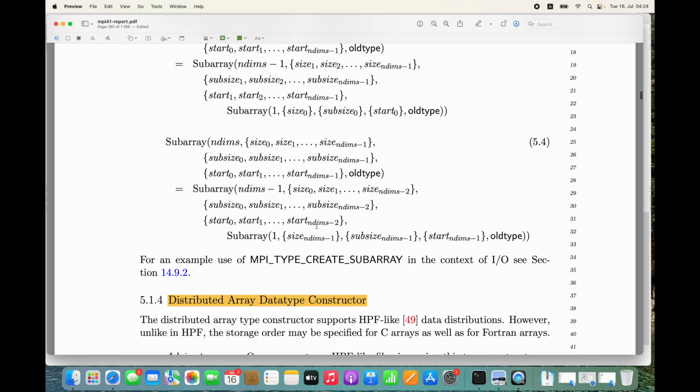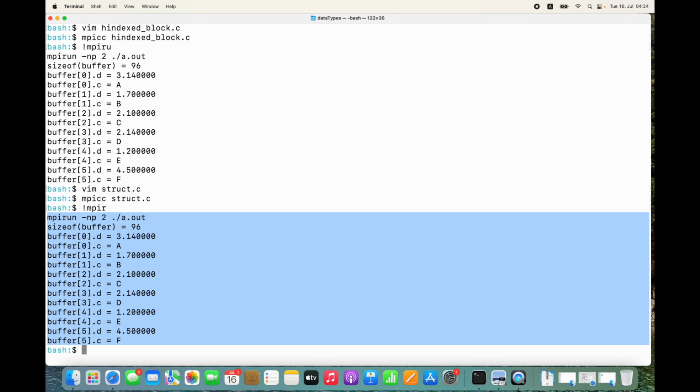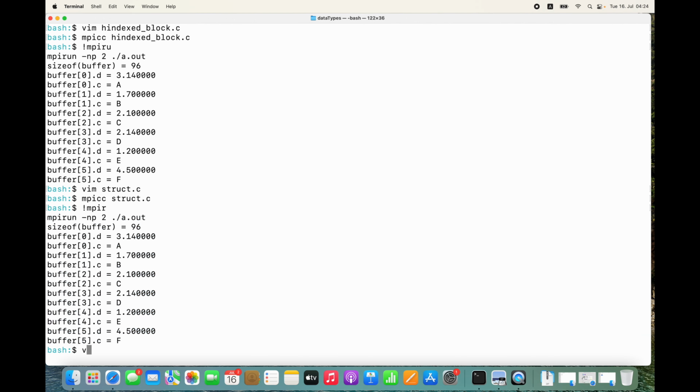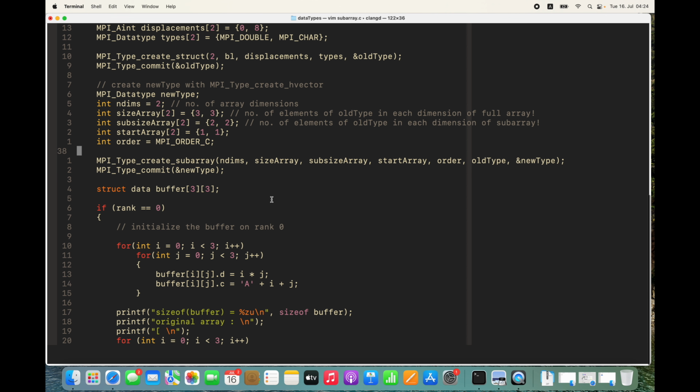We're going to skip these. Before jumping into distributed, let's go to, what was it, subarray? Yes. So here we try to have a